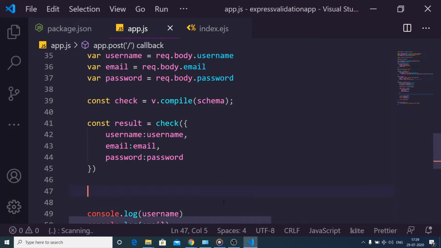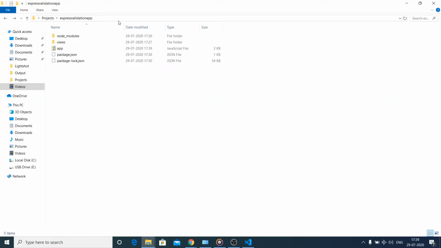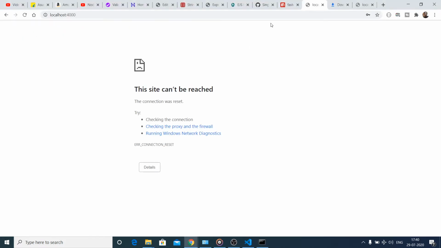Let me go to the command prompt and once again start this by executing npm start. If you execute this, you will see our form is ready. Let me submit.